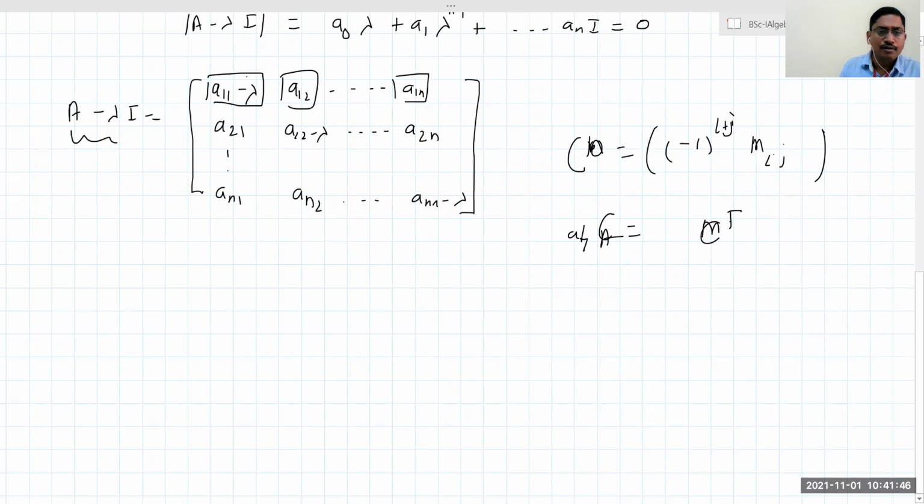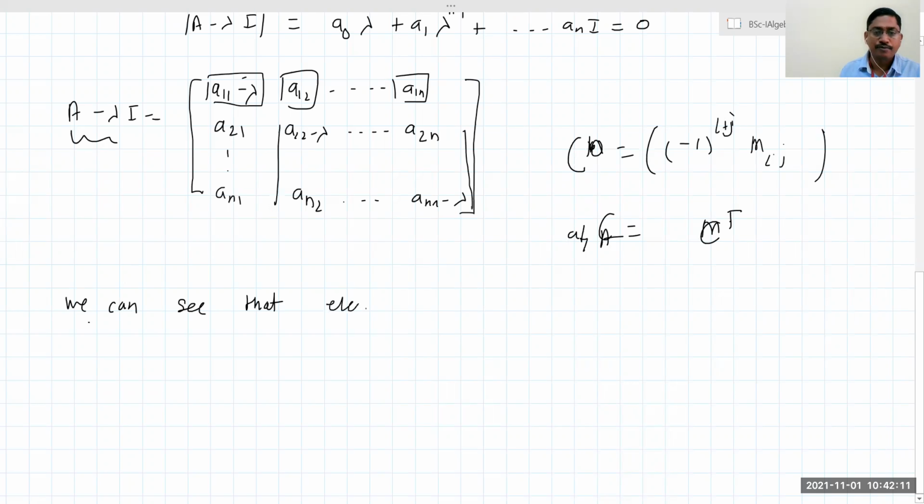If you calculate the minor of this entry, it will be a determinant of order n minus 1. So what is the highest possible degree of lambda? The highest possible degree of lambda is n minus 1. That is our observation. So we can see that